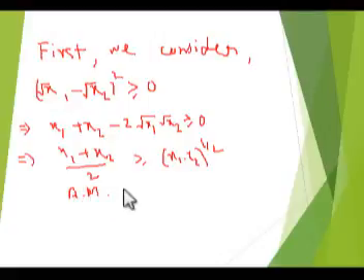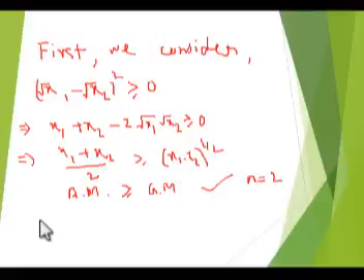So here you can look at this, that for two positive quantities, the arithmetic mean is greater than or equal to the geometric mean. You can verify this. Now we will take two quantities in this form. So this is true for n equal to 2, when we are taking two quantities.